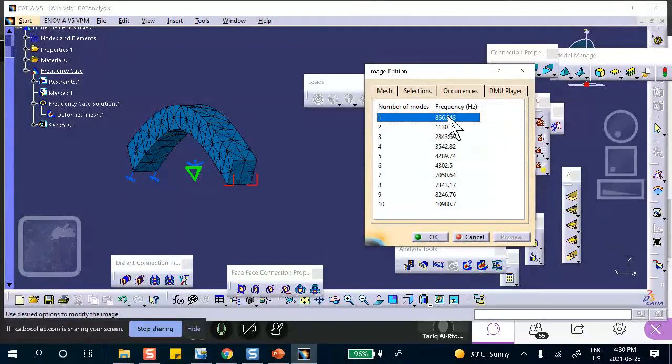True. That's where you have a problem. In real life, if you know that there is a frequency below the operating frequency, you better cross that very fast. Your fan must go through this very fast to get to 800, 900, and 1,000 eventually. If the fan sits there for a while, then this is going to be a problem.